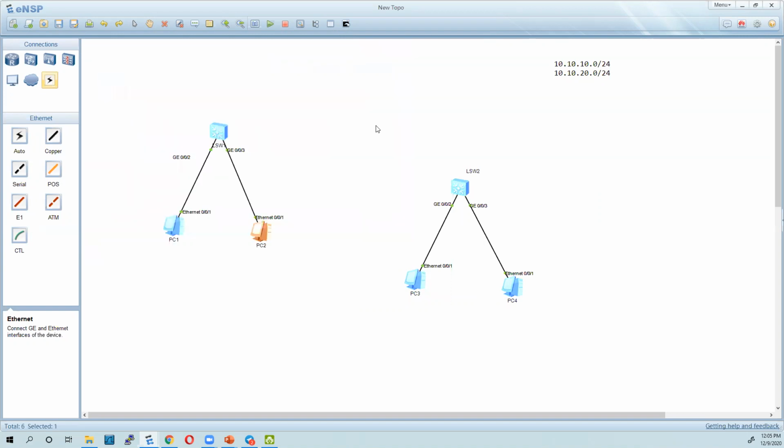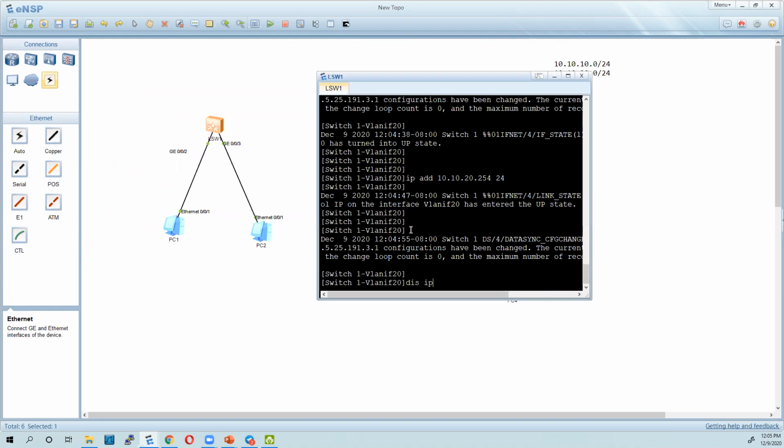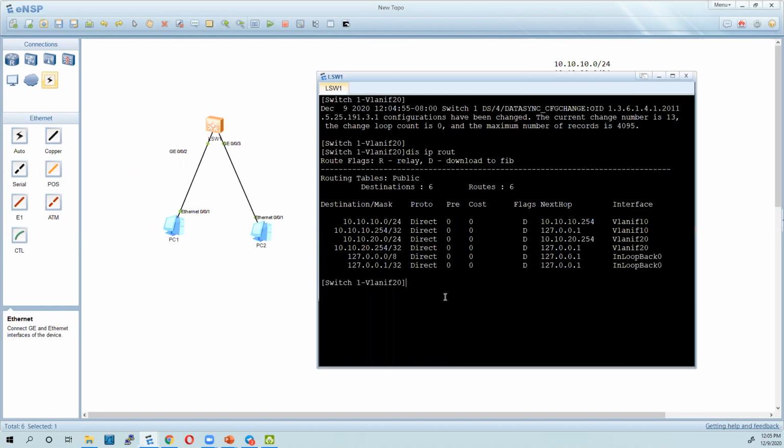And then now we must be having a routing table already in this device here. Let's see, display IP routing table. You see, this device is already aware of the network 10.10.10, and it learned it because it's directly attached and connected to interface VLAN if 10. It also knows of 10.10.20. It's a switch, but this is now its routing module. It's directly connected, and its exit interface is that, and the IP addresses are those ones.